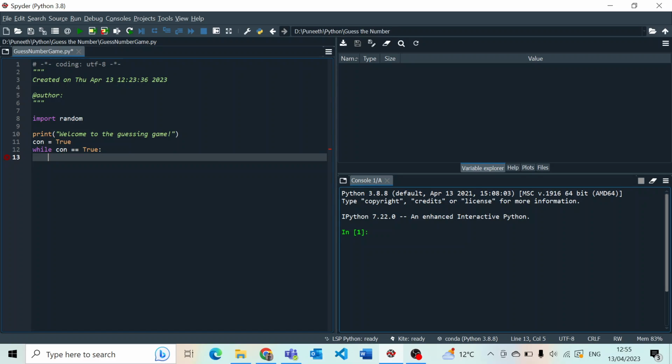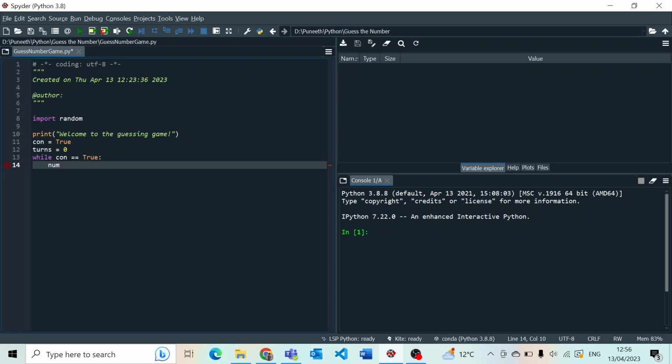and now we go into the loop and we just generate a number from between 1 to 100. And up here we want to make another variable which we would call turns, because we want to know the number of turns we made before we got the right answer. And here we just write another variable called num, which will be the number that's going to be generated. Num is equal to random